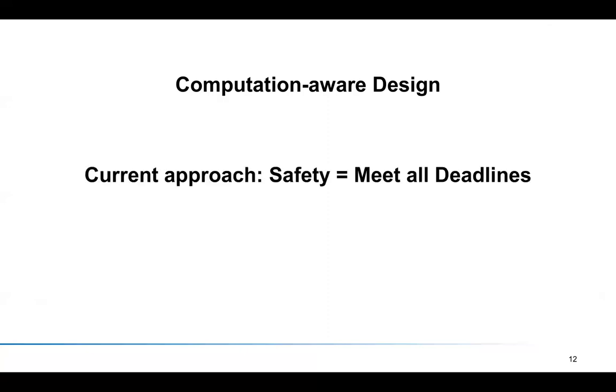The current approach in designing these safety critical systems is that safety is equated to meeting all deadlines. So when you design a safety critical controller, the control theorist designs the controller and determines some sensing-to-actuation delay, sampling period, etc. And these values are communicated to the software engineer or the embedded systems designer. And the goal of the engineer when implementing the controller